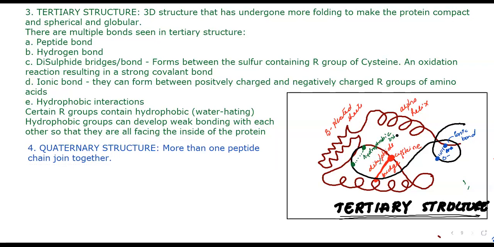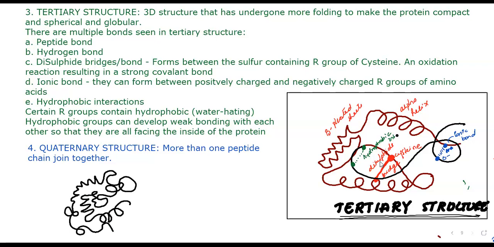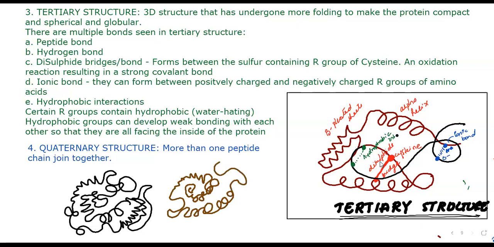And this is what we see in hemoglobin. Hemoglobin is a quaternary structure. It's made up of four proteins. So for example, this is one of my tertiary structures. It's undergone all this kind of folding. This is one complete chain. Then I get another chain. Similarly, that has also undergone various alpha spirals, whatever the structure may be.